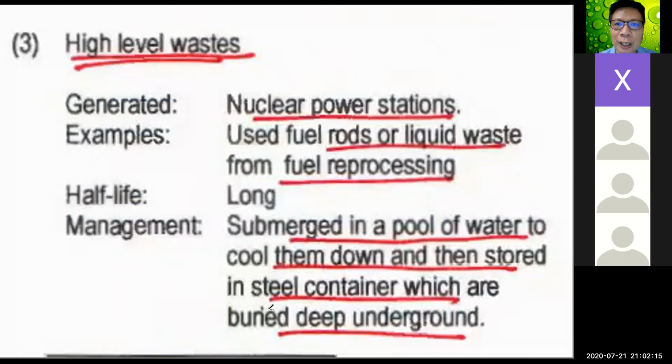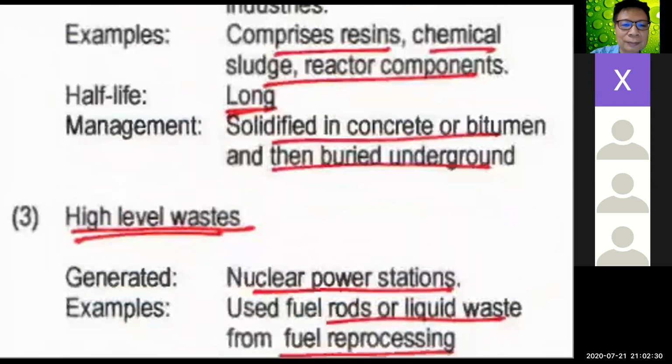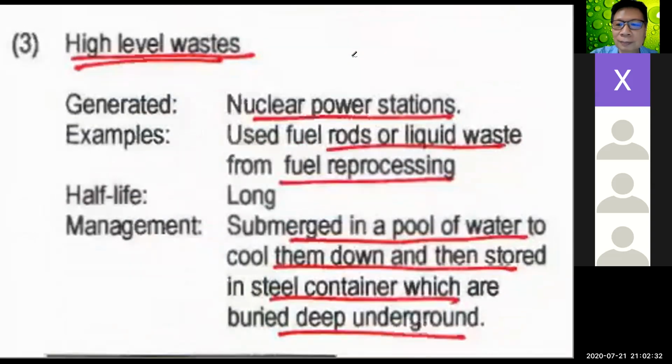In Malaysia, we don't have a nuclear power station now, but I'm sure most of you have heard of this. What's the factory in Pahang State? Lynas. You heard of this company or not? Lynas, in Pahang, correct? This factory is processing the uranium. Extract the uranium from the soil.